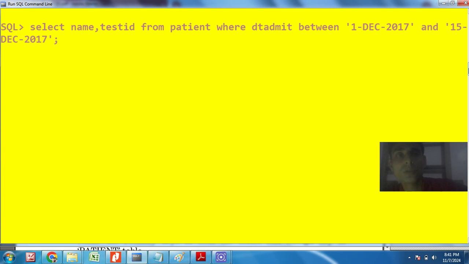Okay, so we have to solve using the syntax of equijoin. Okay, so if you will write like that, select name, test id from patient where date of admit between 1st December and 15th December 2017, this is again wrong answer, because this is not the syntax of equijoin, because I am not writing here name of the another table.